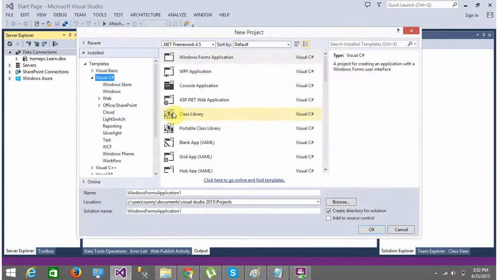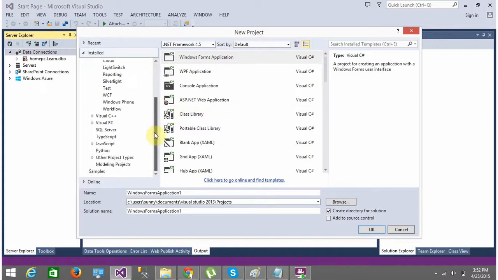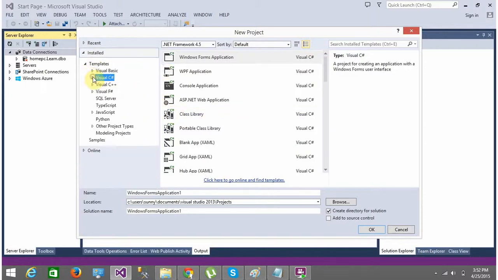So when we start a new project, a pop-up opens that has many options. Again, don't get confused with all these options. These are the different project types that Visual Studio provides. These are project templates that Visual Studio has already made for you, so you do not have to do all the basic coding of making the template. Right, okay. Now let us see what these different templates are.